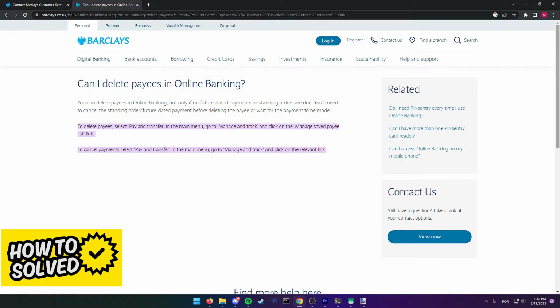First, for the first method, to delete Payees, you have to use the website instead of the app, and from there you can select Pay and Transfer in the main menu, go to Manage and Track, and click on the Manage Saved Payee List link. And then after finding the payee on the list, you can just cancel it by clicking on the relevant link